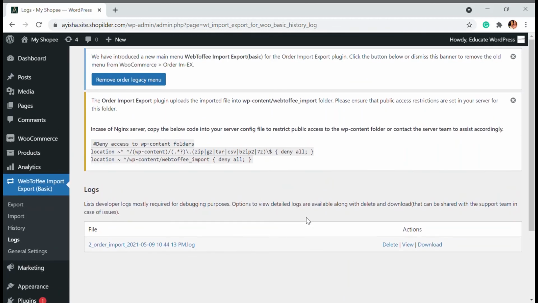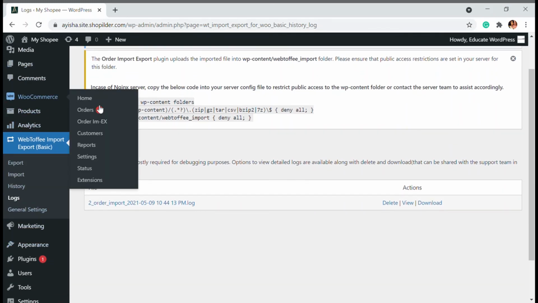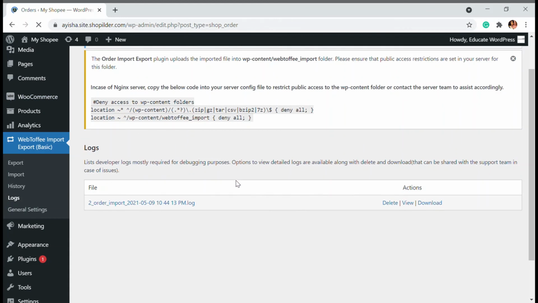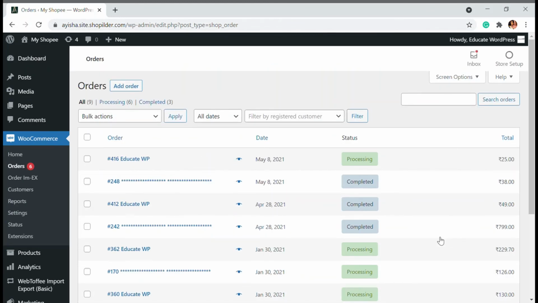Once you import a successful file, you will be able to go to the orders and see the new updated order, right? Whichever order that you have done. This is the one order that I have imported recently. So that's how you can import and export orders on your WooCommerce store.